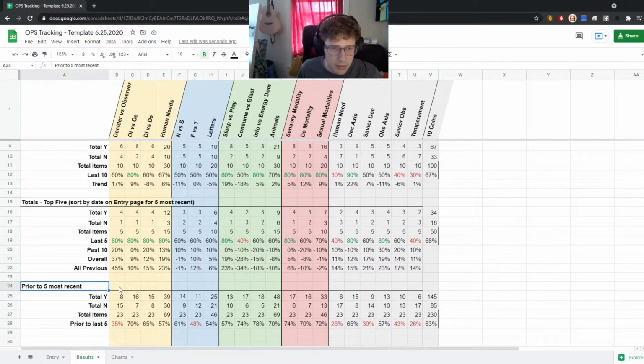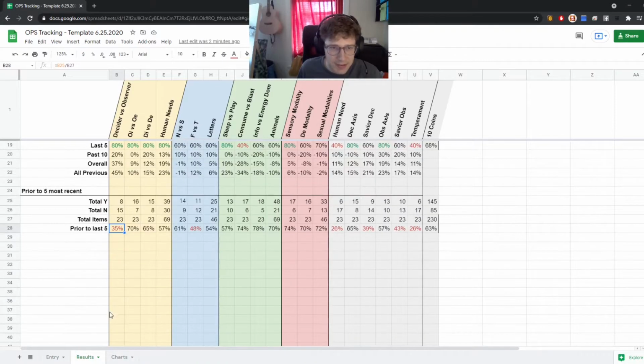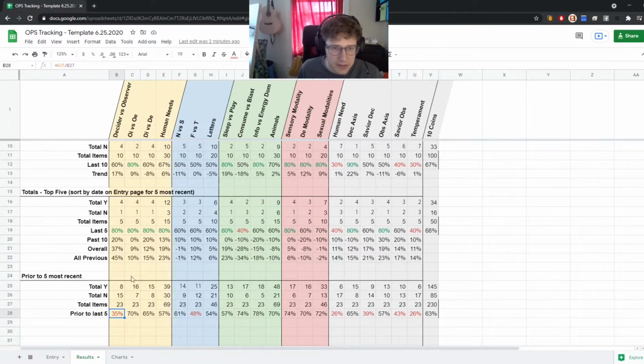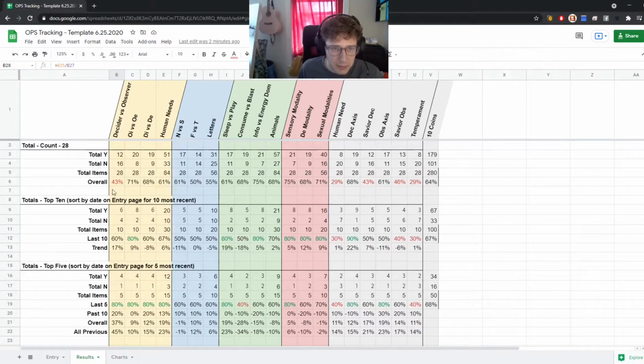We also have, prior to the 5 most recent, which, yeah, look how bad decider versus observer is prior to those past 5. You can see that those 5 recent ones are pulling that average up a little bit at that 43, but oof, not great. So you can kind of look here at individual coins